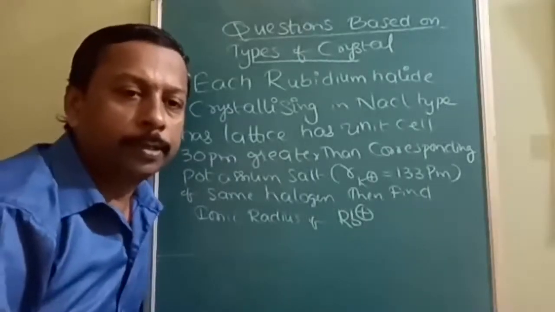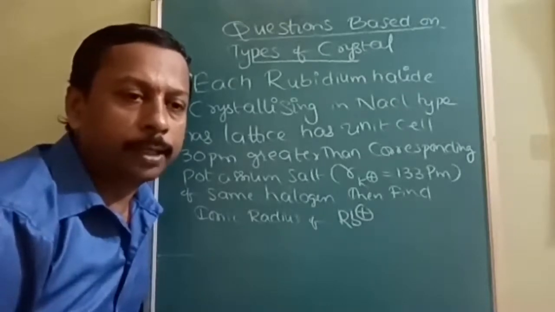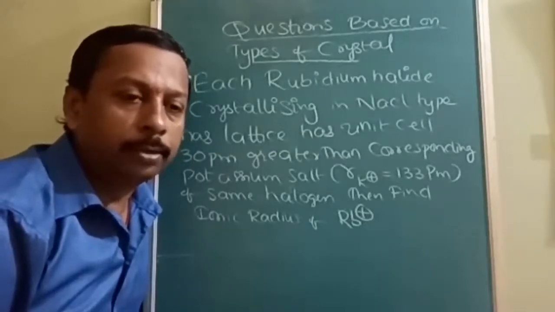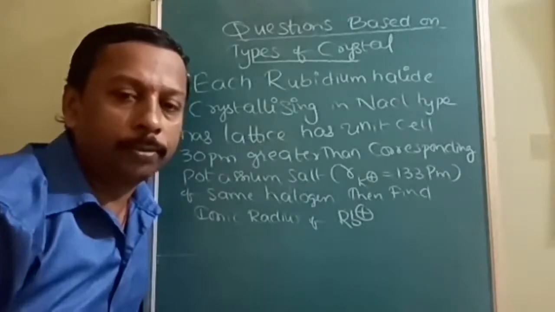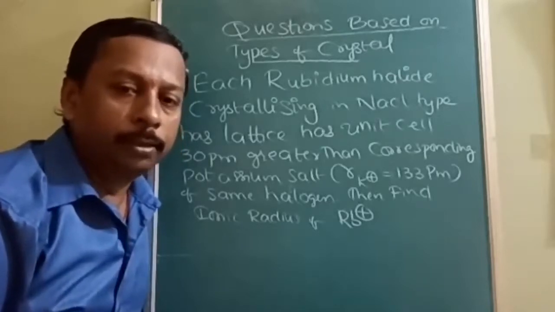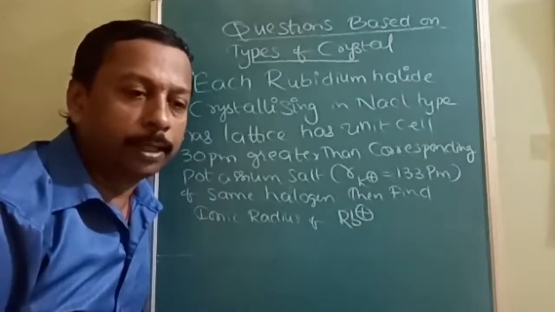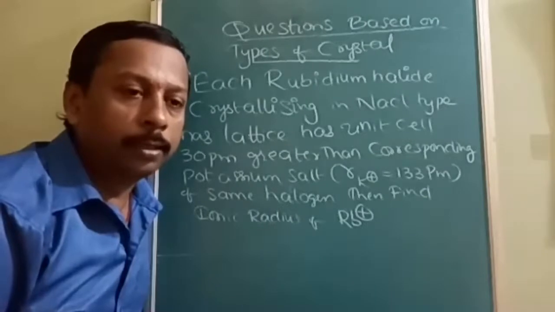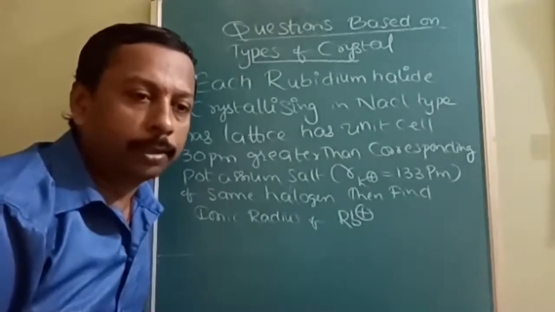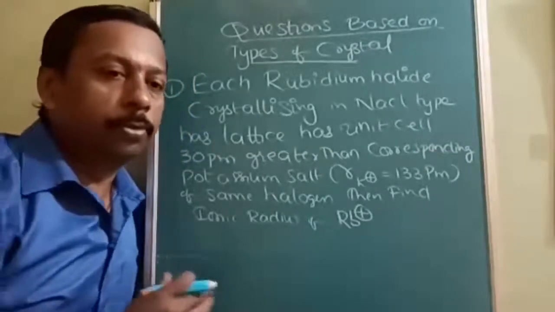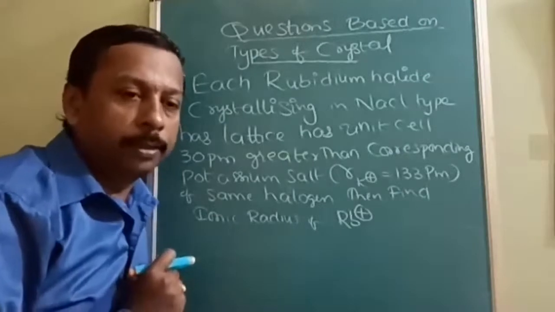Okay, students, now we are starting with the types of crystal. We have studied sufficient theory about the types of crystal like rock salt type, cesium chloride, zinc blende, fluorite and antifluorite. Okay, they are only the theory concept. Just theory concept will not work out unless you solve the numericals based along with that topic and previous topic. Okay, so previous radius ratio and cell parameters all together now combined with the theory of types of crystal. So slowly the combination of the topics is going to be done.